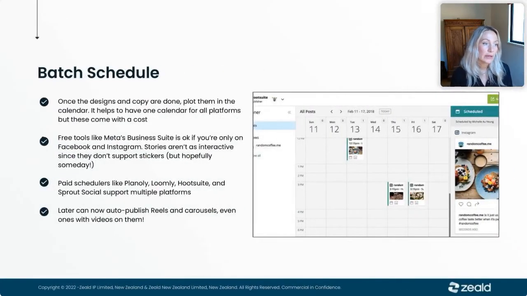Now, once you have created all of the content, you have your copy ready to go, you have your designs ready to go, you know when the posts should be going up. Now the time has come to actually schedule the content. Now there's a few different ways to do this. So if you are wanting to keep it low budget and you don't want to pay for a scheduling software,